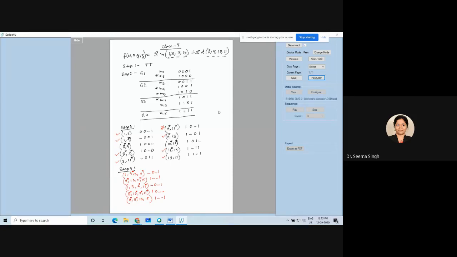Now only one left is the fourth place of dash. Fourth place of dash is 8, 9 and 10, 11. And I can see that again pairing is possible between these two pairs. So it will make one group. So 8, 9 and 10, 11 can be done again. So I will write it as 8, 9.